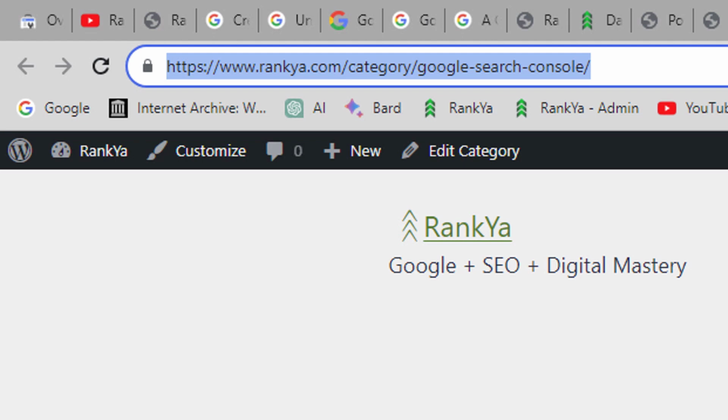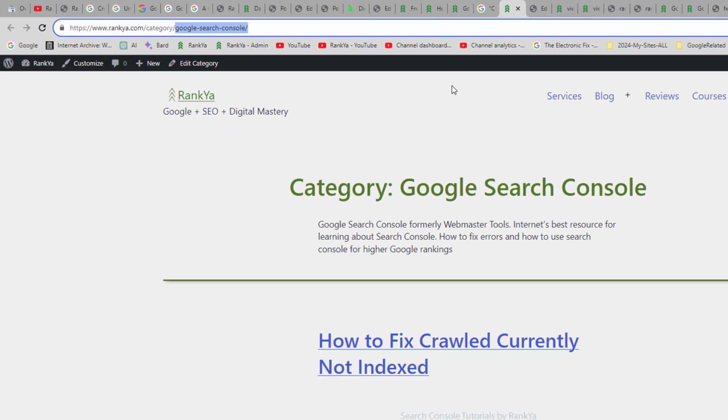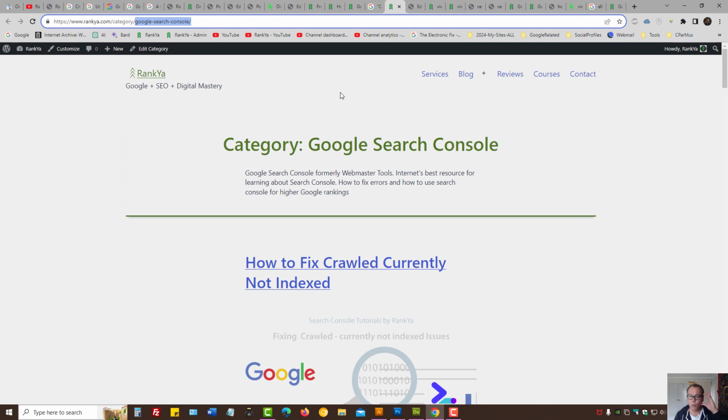Now, what I'm trying to suggest to you is, before interacting with the web page content, by just looking at this URL portion here, can you understand what this URL content is about? Obviously, it seems like it's a category, and that category is about Google Search Console. Now, that's critical to grasp,